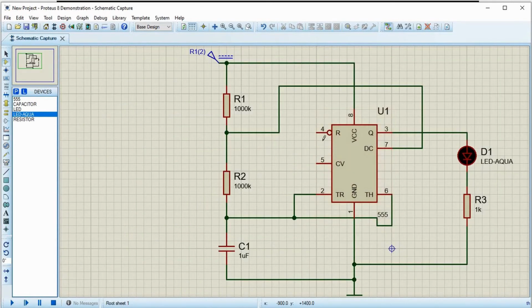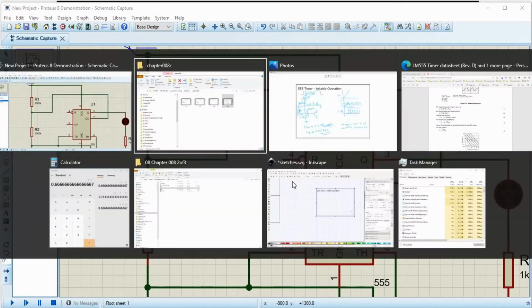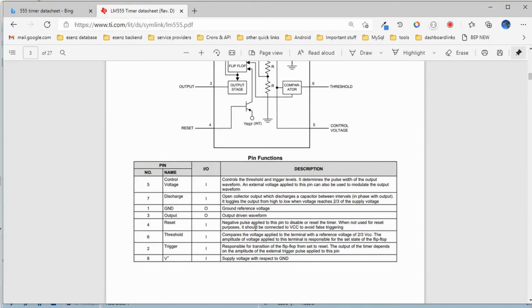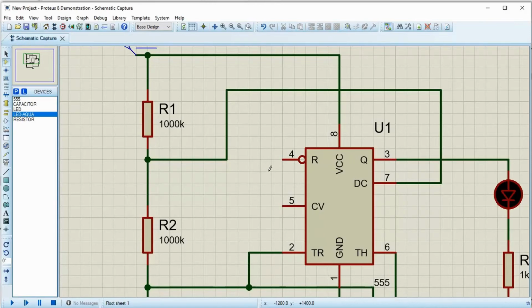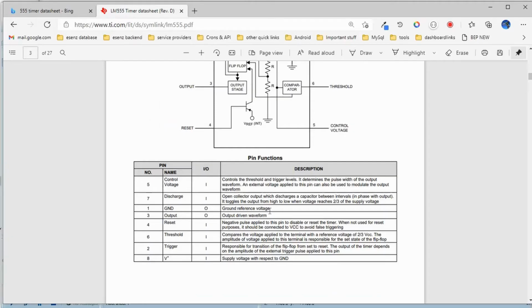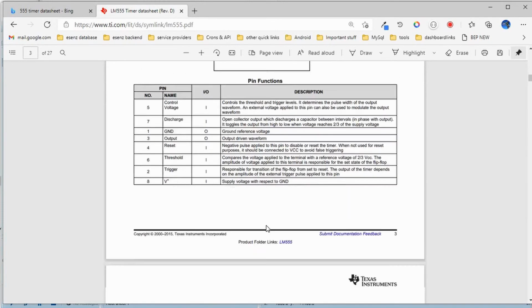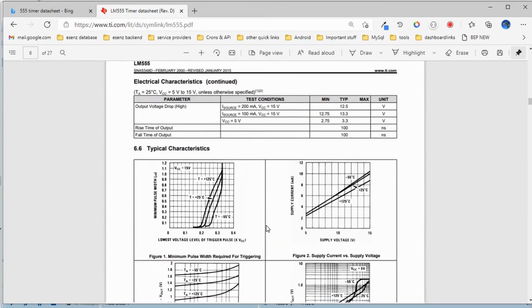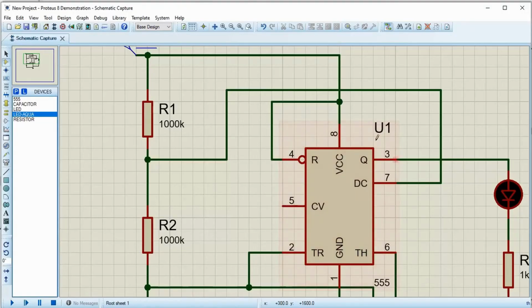There are a couple more pins we have not talked about. That is pin number 4: a negative applied to this pin will disable or reset the timer, so we have to connect it to VCC. Then there is CV; generally for this we connect a 0.1 microfarad capacitor. Let me connect a capacitor.